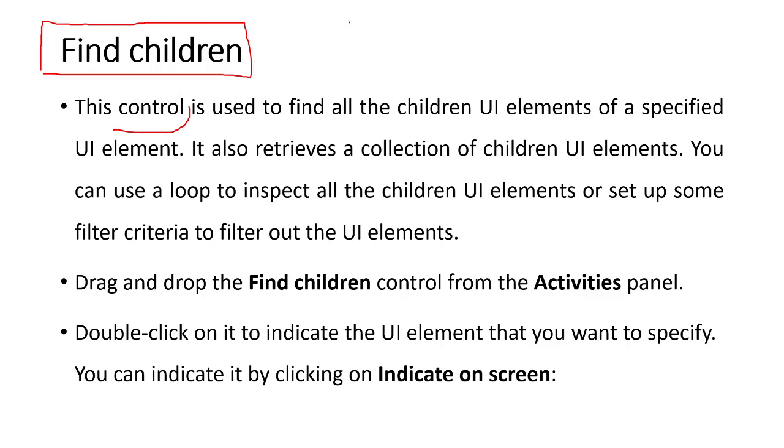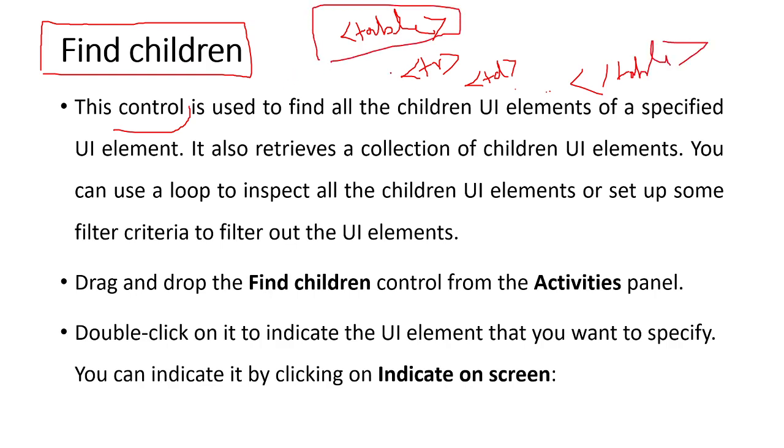For example, let us say you are familiar with HTML code. There is a tag called table tag which allows us to define a table. Usually this tag will have children elements like table row or table data. I think you are familiar with this. Finally the table should be ended with a tag called slash table. So if I take this table as a target UI element, the table row or table data can be the children elements of this target element, in this case a table.